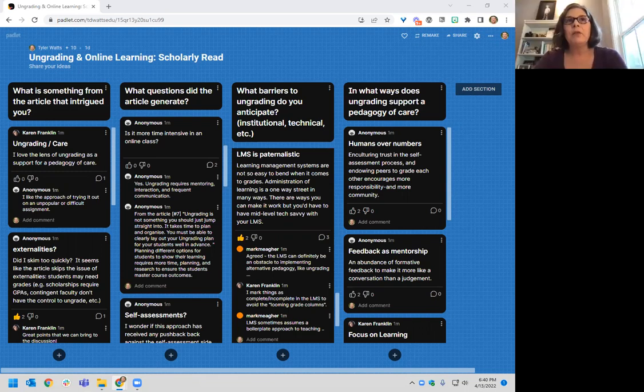I don't use rubrics, but I do have a project guide. All of my courses have a project that's scaffolded throughout the semester. And so I have a project guide, which outlines the different key components that are due for each piece of the project. So it's like a rubric, but not really like a rubric. It's the closest thing I have to a rubric.